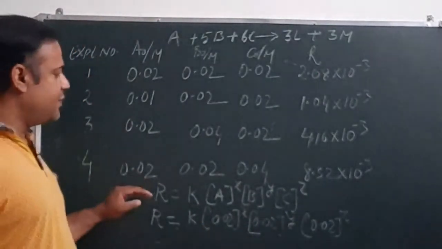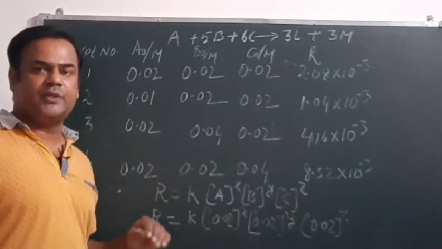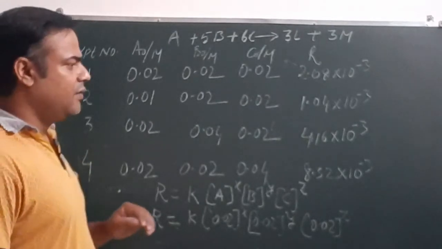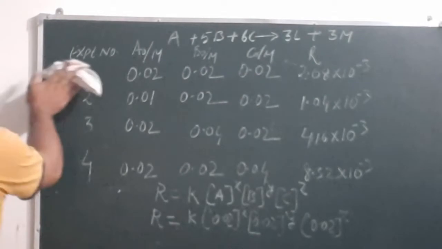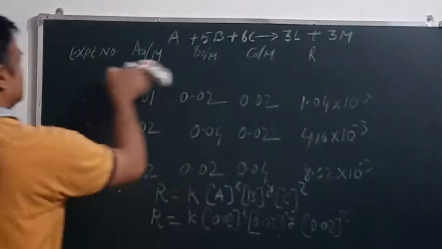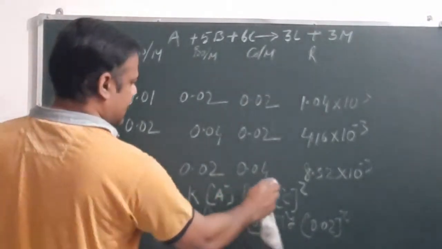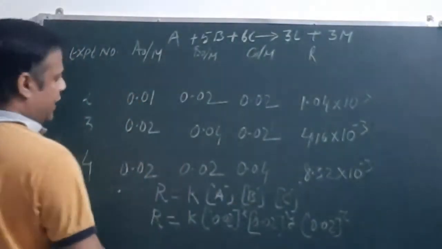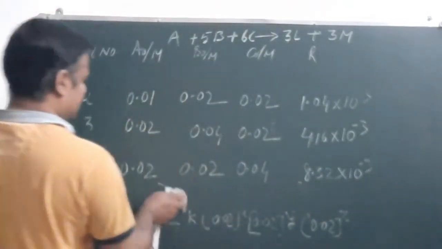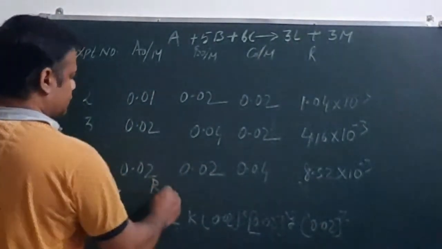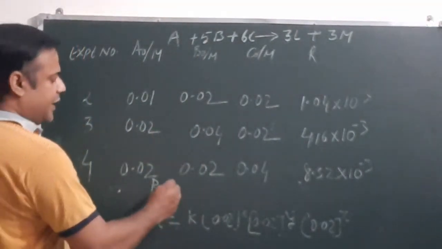Now we will write the same rate expression for the second experimental value. In place of the A concentration we will write the value for experiment number 2. So R equals K